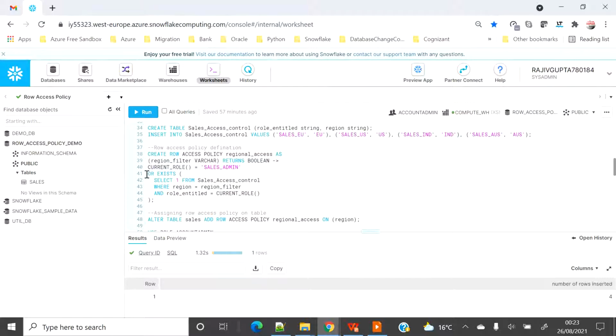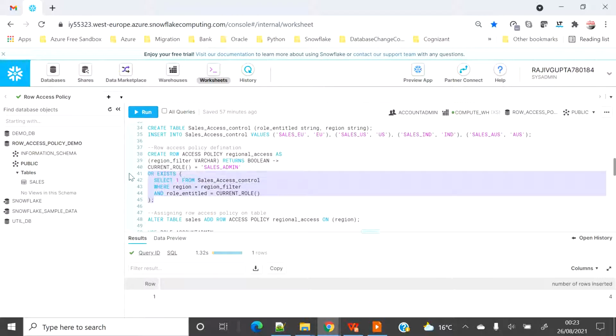And I have provided an exists condition: if there is any row in the sales access control data based on my current role. So if I have a particular role, I will get that particular input as an exists condition, and that will satisfy the boolean condition, and then I will get true for that particular region.